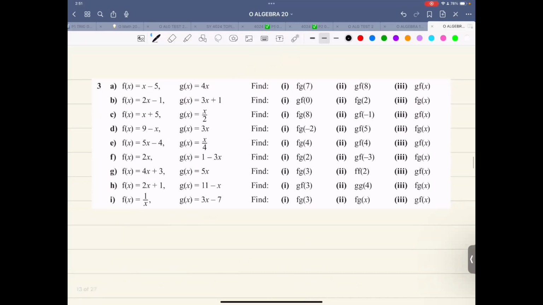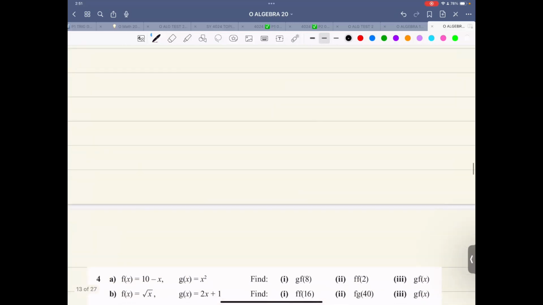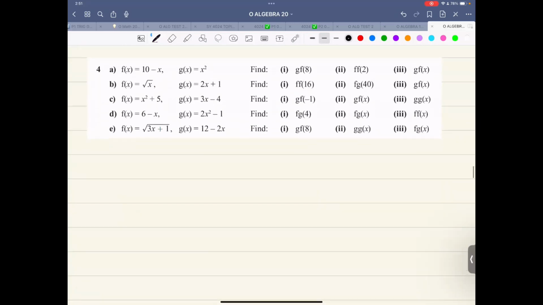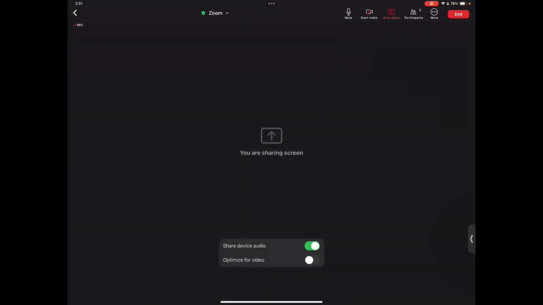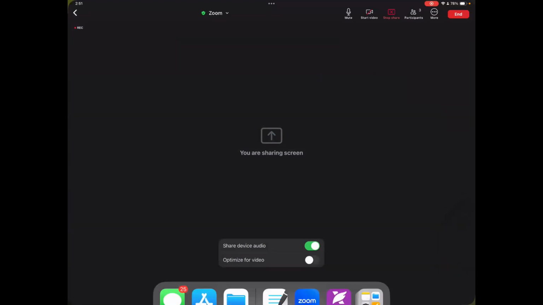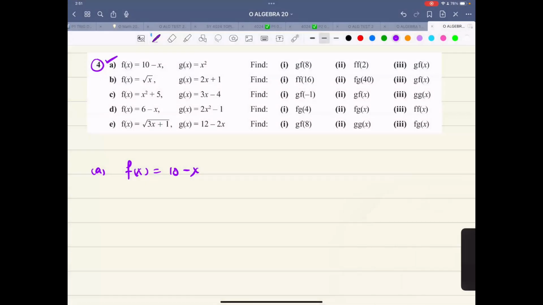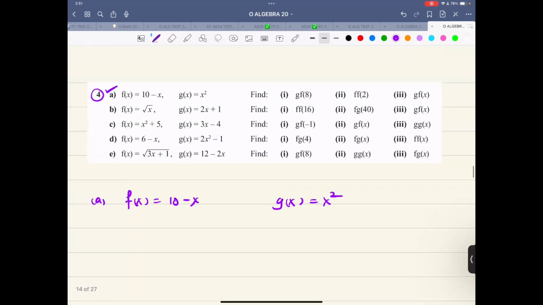There are more questions like this. And then let me try out something from here. 4, part A. f(x) is 10 minus x. Let me just check the sound. The sound is on. So f(x) is 10 minus x. g(x) is x squared. And let me first find the expression and then evaluate it. So first find